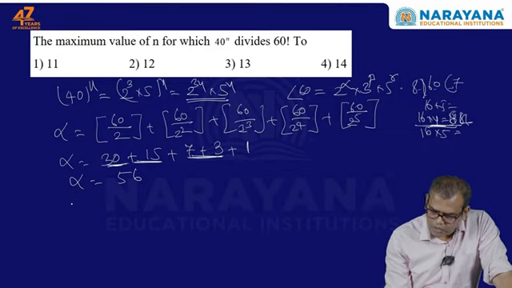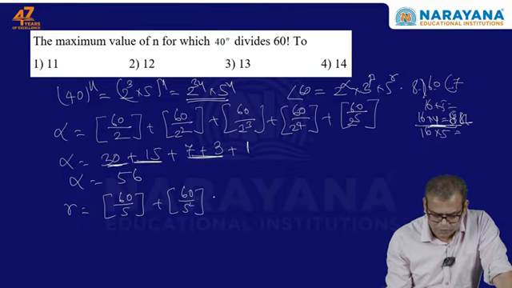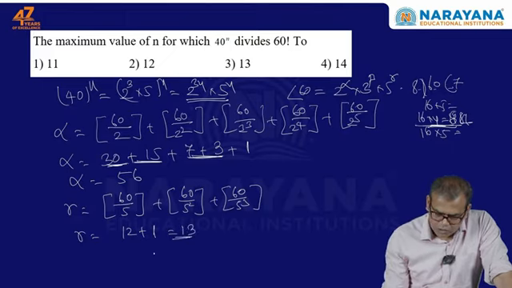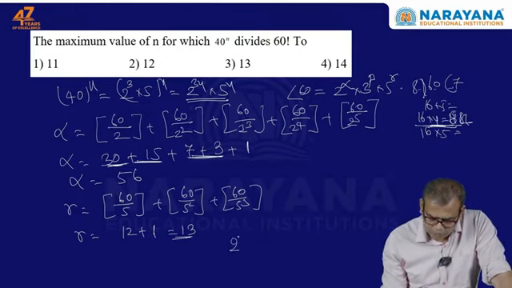Now write the exponent of 5, meaning the value of gamma is 16 by 5 plus 16 by 5 square, 16 by 5 cube, whichever is larger. So the gamma value is 12 plus here 25, so 25, 1 is 13 will come. So the factorial 60 here will contain 2 to the power 56 into